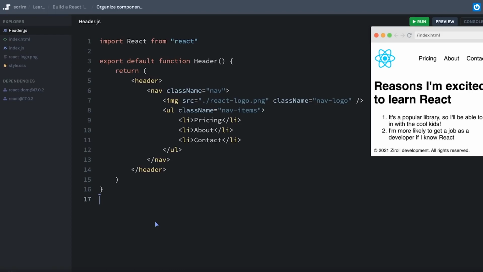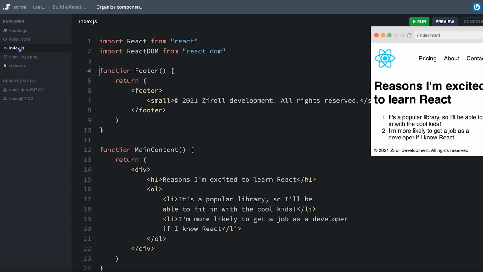If you're feeling a little bit rusty on export, import, export default, and so forth, you may want to spend some time researching import and export in ES6, because we will be using it quite a bit in this React course. Now that I have exported my header component, it means that over in my index.js, I can import it,